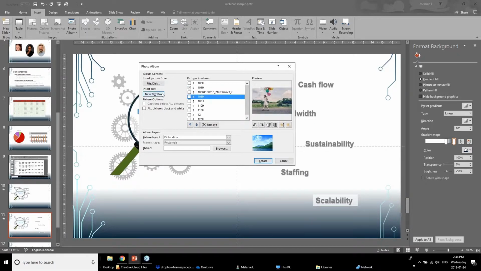I can also add text boxes for the actual slides. I can also make some decisions. Do I want one picture on each slide? Do I want two pictures on each slide? Do I want it to be in a frame? Do I want it